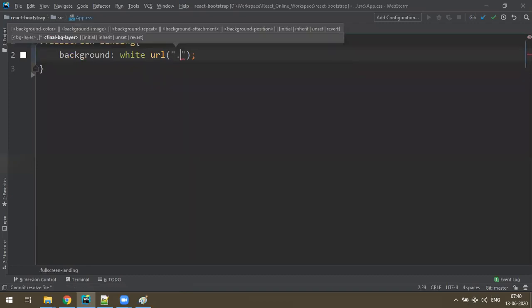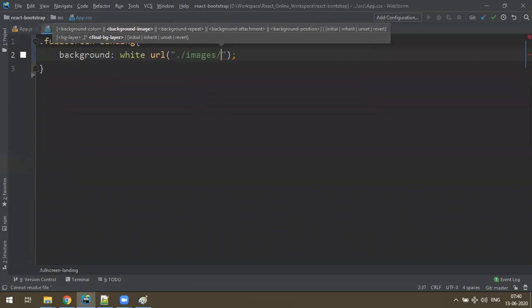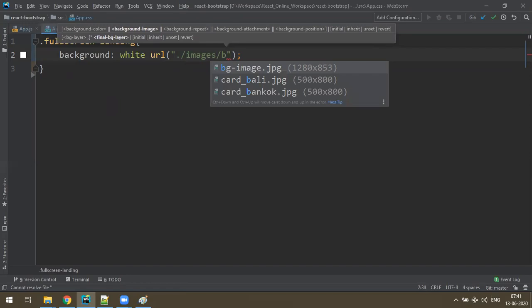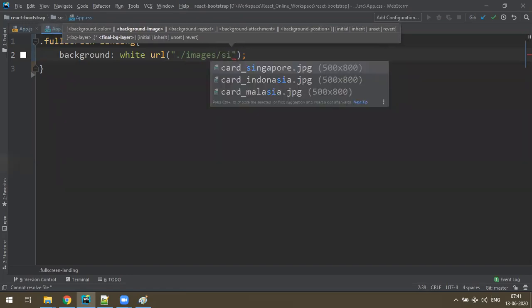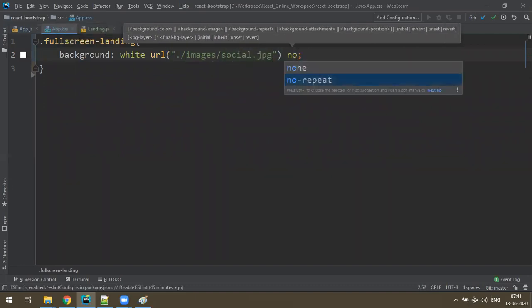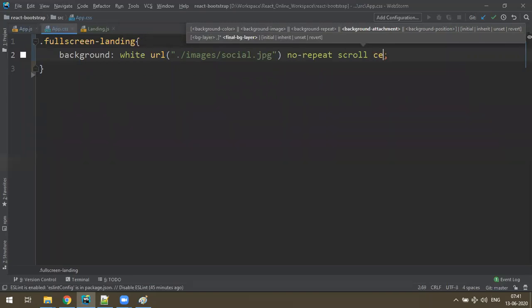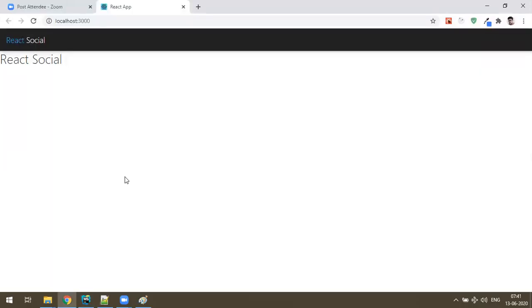It is going to be dot slash images folder slash, I think, social.jpg, no-repeat, scroll, center. Okay, so let's check.